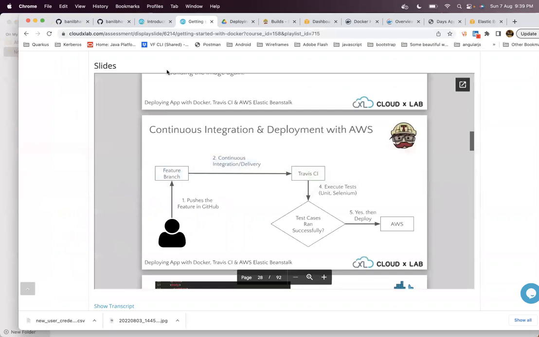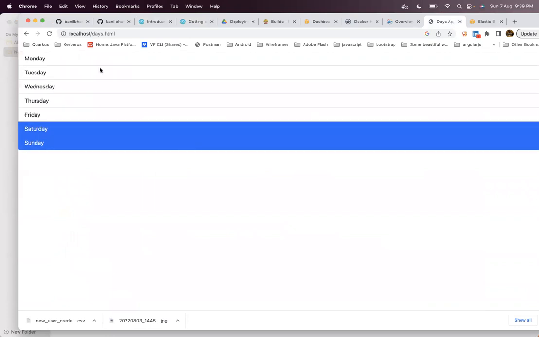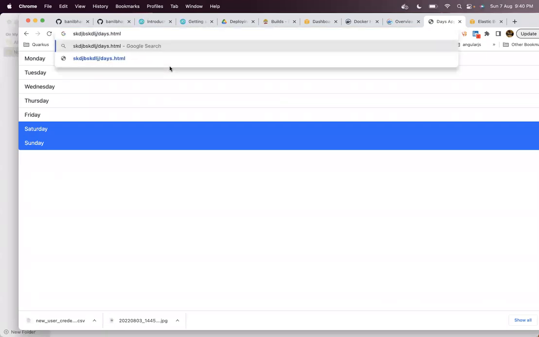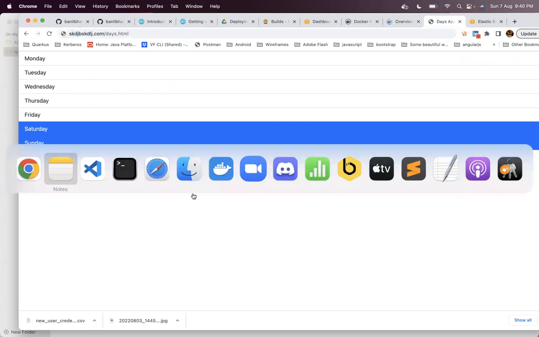Now you always remember, our application was already running. This is a simple application which is running in localhost, right? And I think Pranav asked me how to deploy in a separate machine to the external world, right? So that we are going to see right now. So now instead of the local machine, we will have some domain.com/days.html at the end of the deployment. After the deployment, we see that it is deployed into a completely external machine. So now let's go step by step.